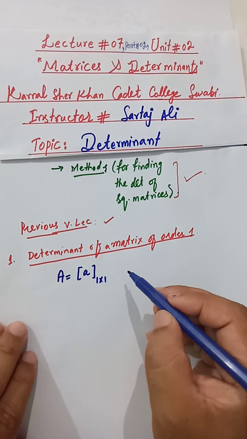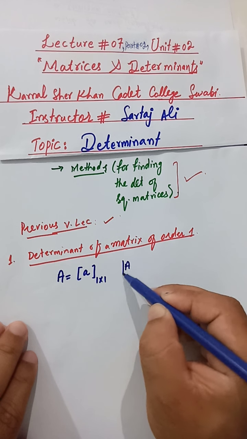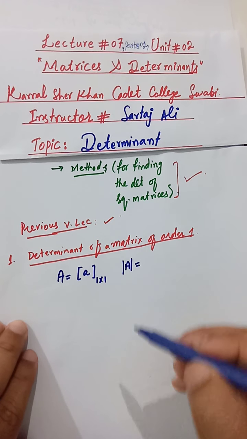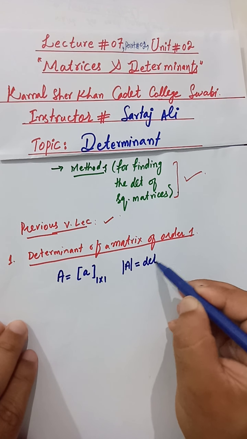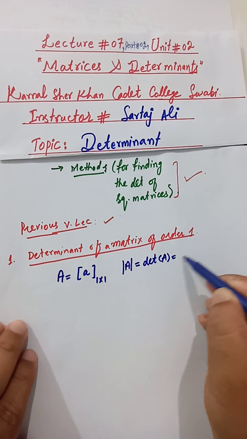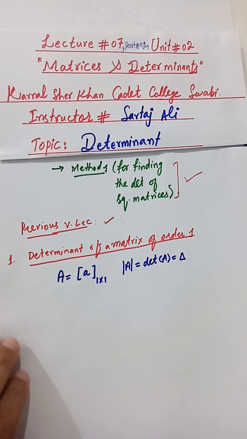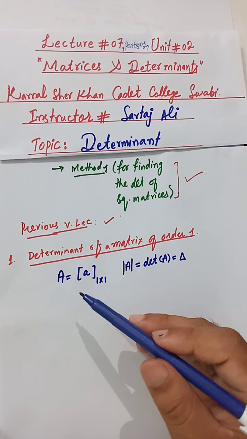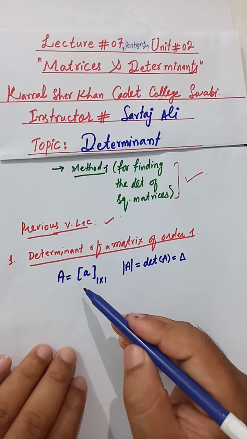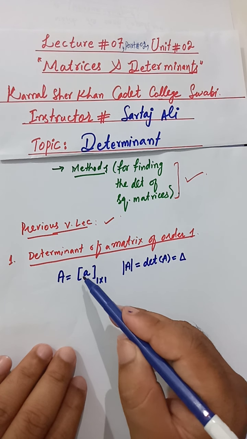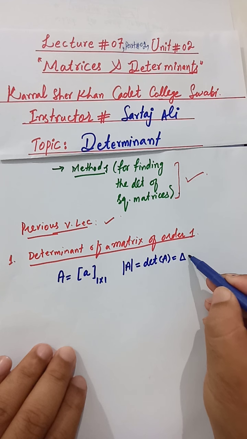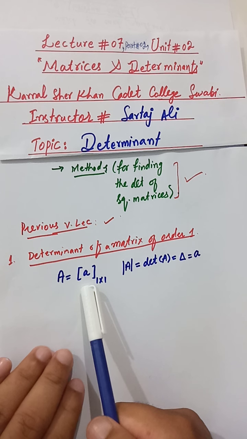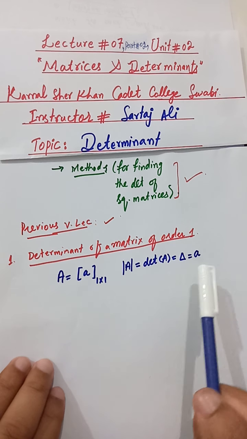You know, determinant is denoted by the bar signs. You may also denote the absolute by this, the determinant by this or by this. The choice is yours, but we will use these two notations for the determinant of a square matrix. In case when the order is 1 by 1 there are 1 row and 1 column, so the determinant of that matrix will be equal to the number which is present in the square brackets. So this is A, so that will be equal to A.